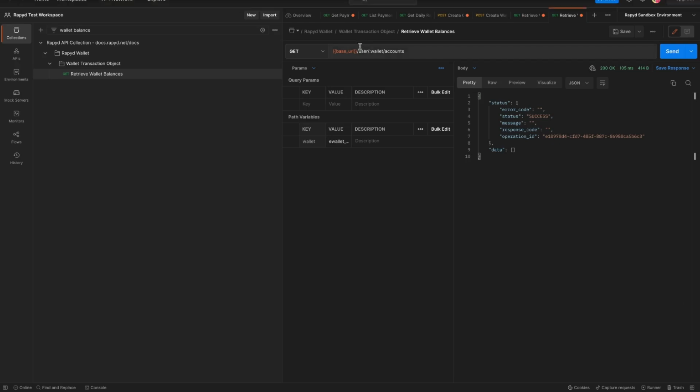What's the Sandbox URL again? It is sandboxapi.rapyd.net/v1. And so in Postman, we do have that